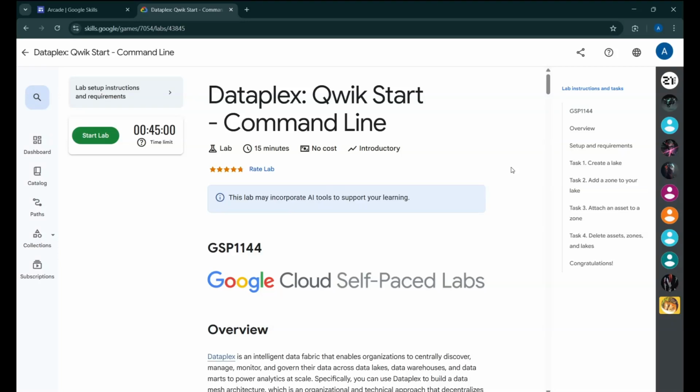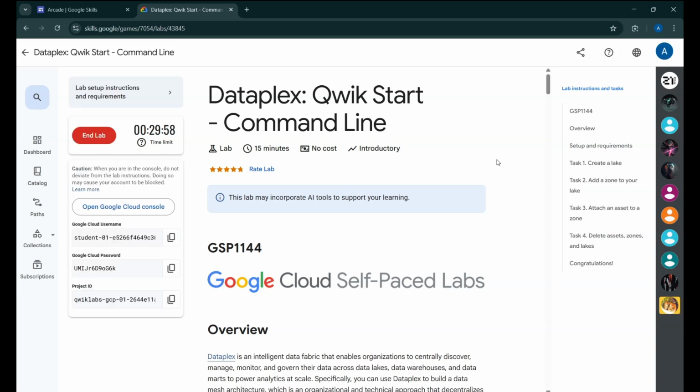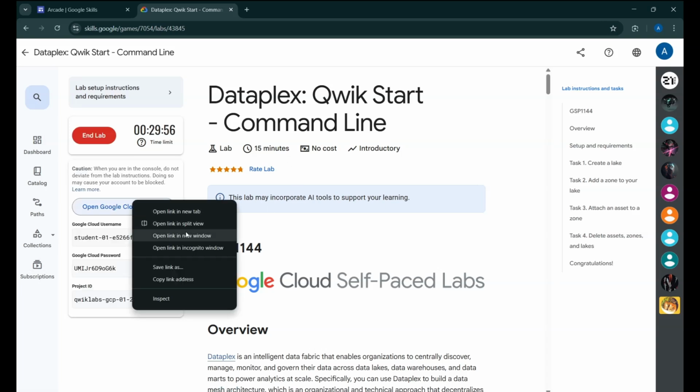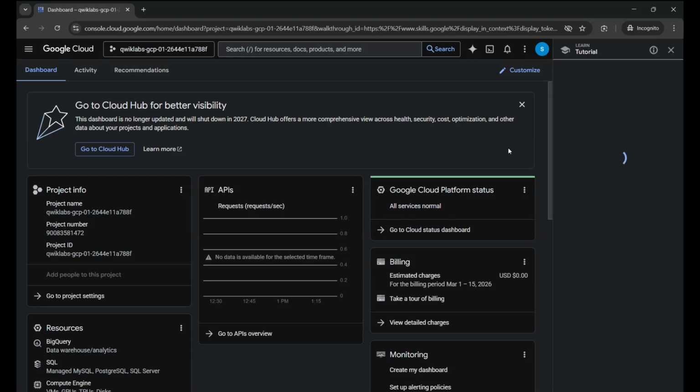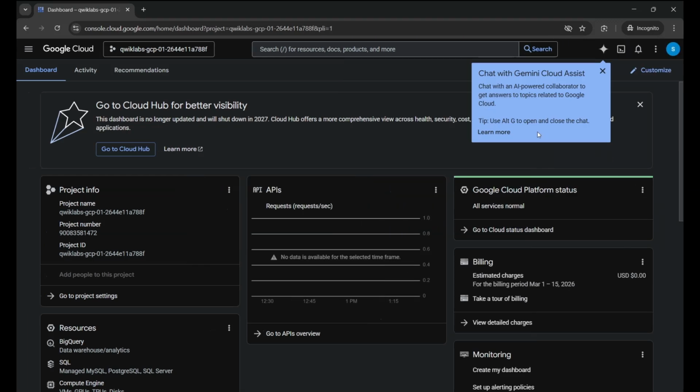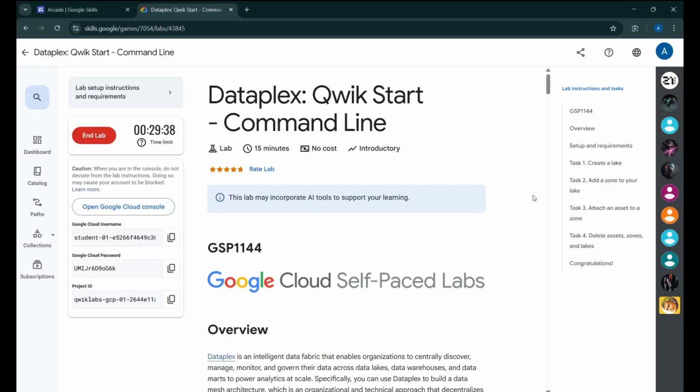वेलकम बैक टू कोड टू कॉर्टेक्स। आज हम करने वाले हैं डेटाप्लेक्स क्विक स्टार्ट कमांड लाइन। सो फर्स्ट यू क्लिक स्टार्ट लैब। लैब शुरू हो चुकी है तो हम क्लाउड कंसोल को इनकॉग्निटो विंडो में ओपन करेंगे। नेक्स्ट यहाँ से हम ट्यूटोरियल को क्लोज करेंगे बाय क्लिकिंग लीव एंड लैब पर वापस जाएंगे।